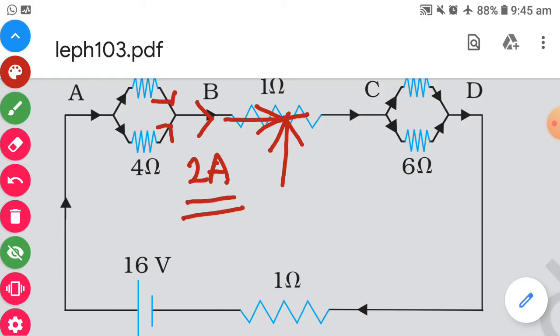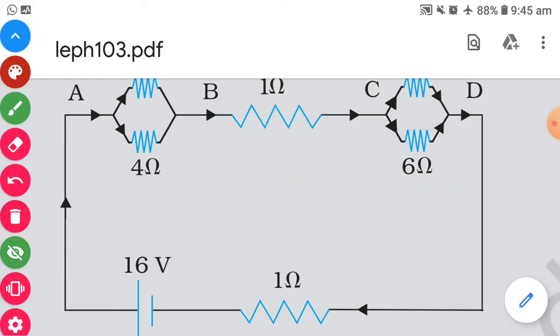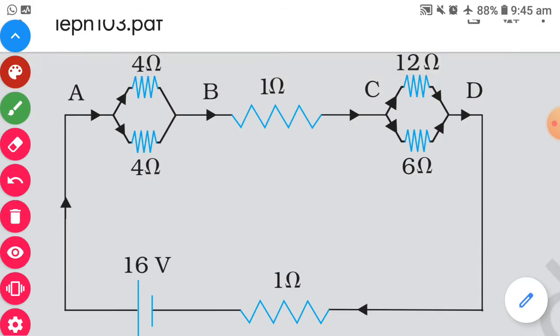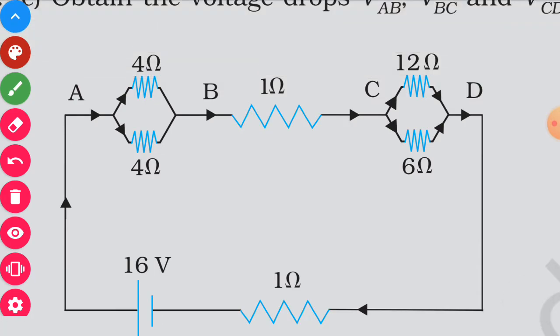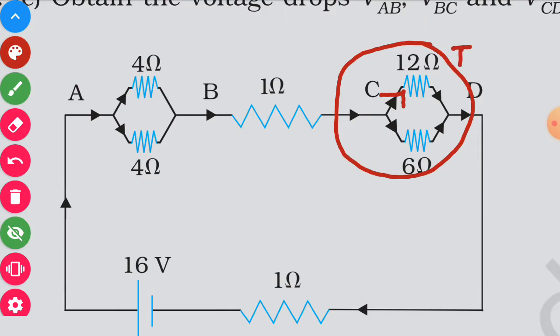Now again we have to utilize the rule of parallel connection. Again the current will be distributed, say some amount of current here will go. I1 I2 we have already taken, so we take say I3, and here the current is say I4, but the potential difference across these two will be same.